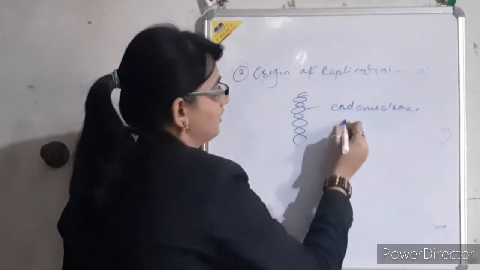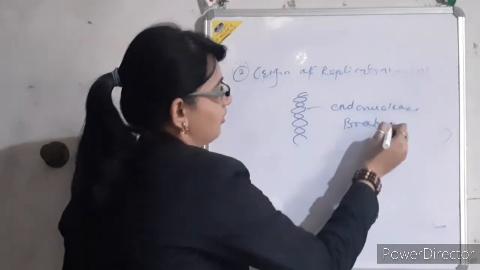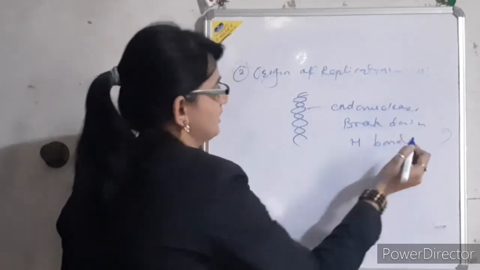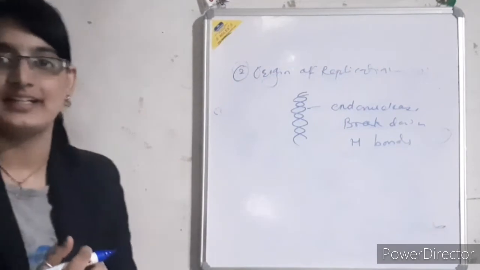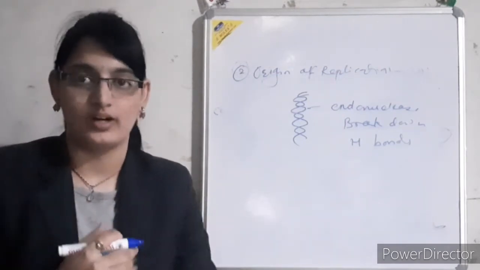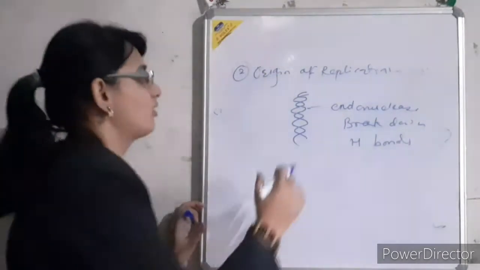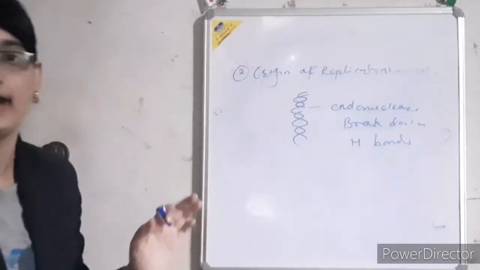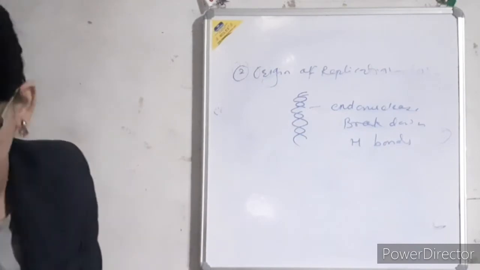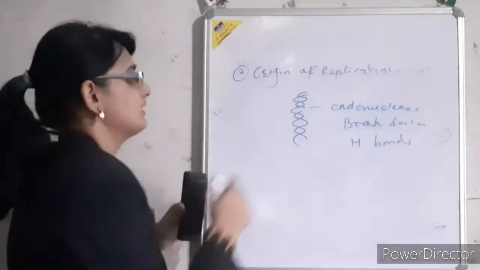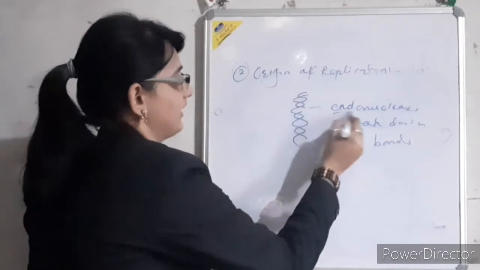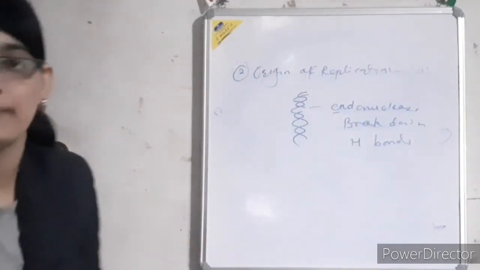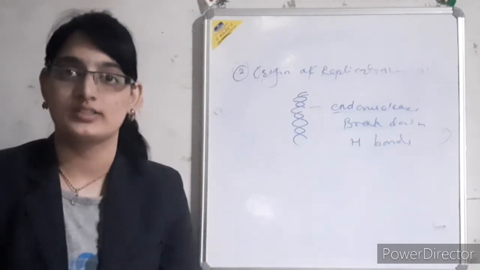So it brings about the breakdown of the hydrogen bonds. This breaks down the hydrogen bond present between the two nucleotides, and that's why it is called the nicked incision with the help of the enzyme endonuclease. So in this way, this nicked end is cut, but this cutting is not called separation. The strands are not separated.